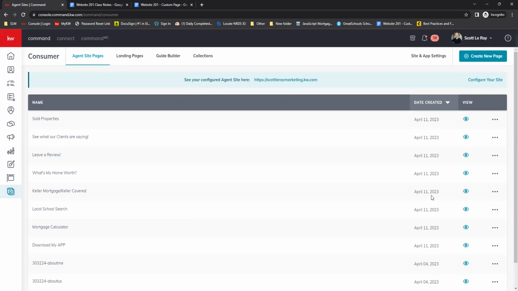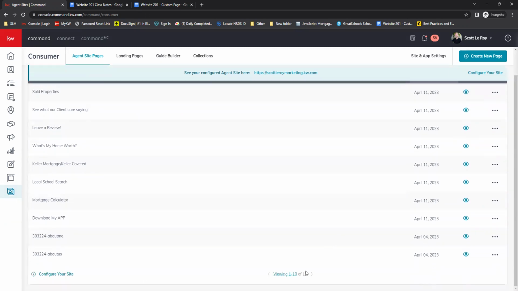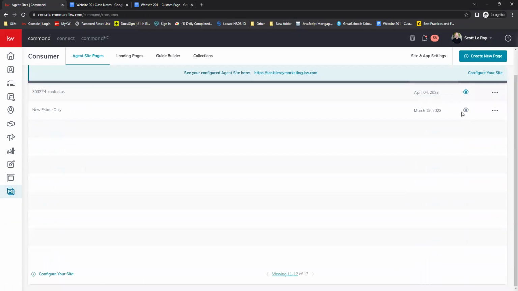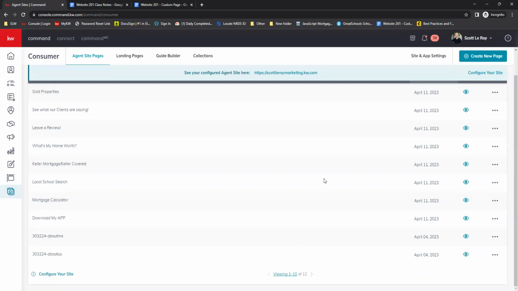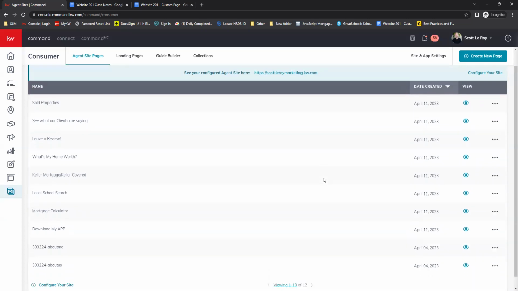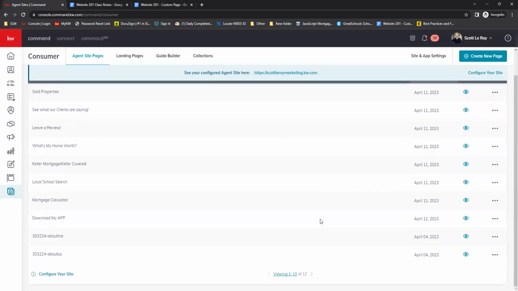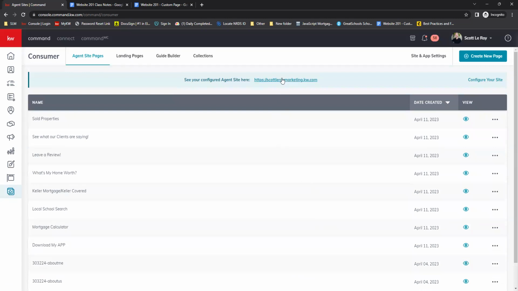So when you're on this page, on the right side here, if these eyeballs are all the teal color, that means they are live and active on your website. If the eyeball is gray, like this one here, that means it is not live on the website, so nobody can see it. So if you do have gray eyeballs on pages that should be active, that's when you want to go into those site and app settings and make your page published, just like we just did with all of these. So now I'm going to click on our URL here